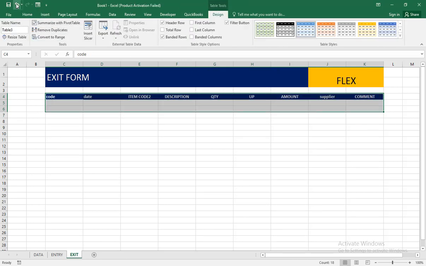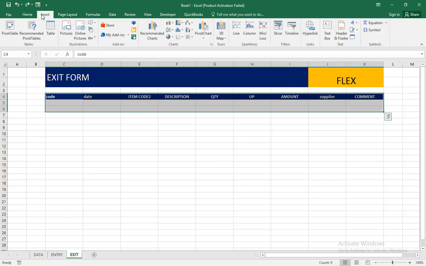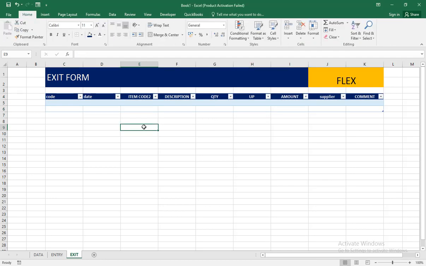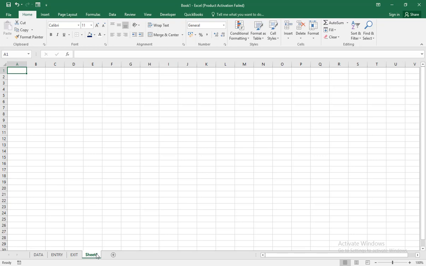Oops, sorry, I didn't mention that my table already has headers. So my table already has headers, no need to create headers for me. So the next thing I'm going to create is the sales track. So I'll name this sales track,